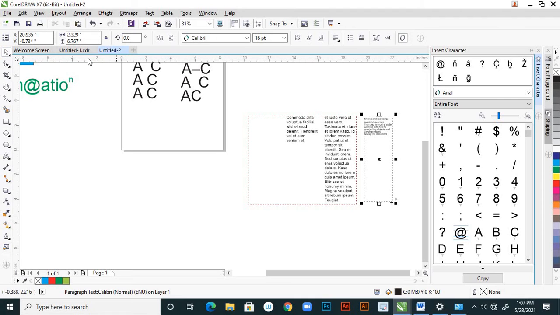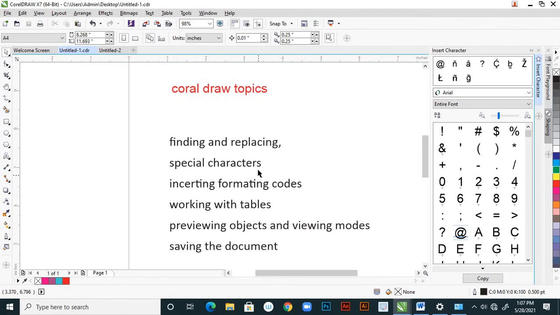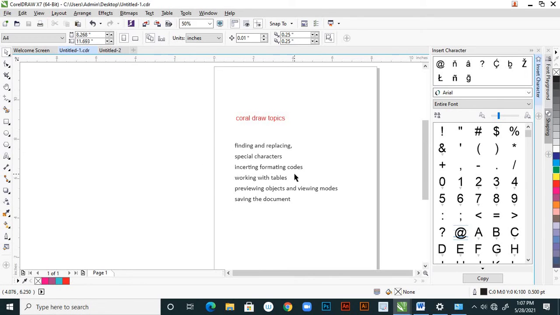So these are simply for inserting formatting codes, right? Insert formatting codes and special characters, finding and replacing are over, right?